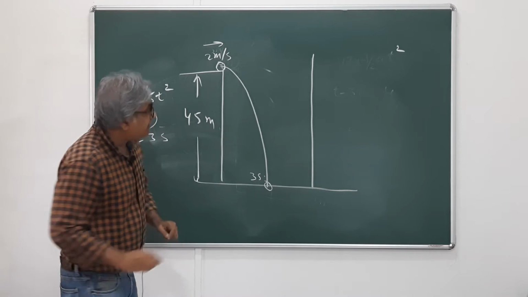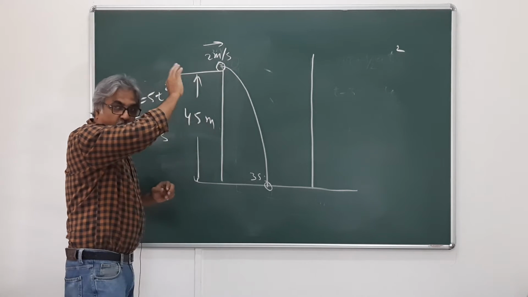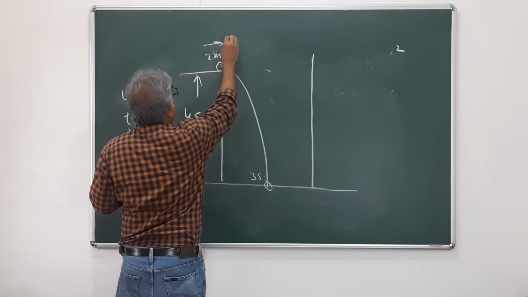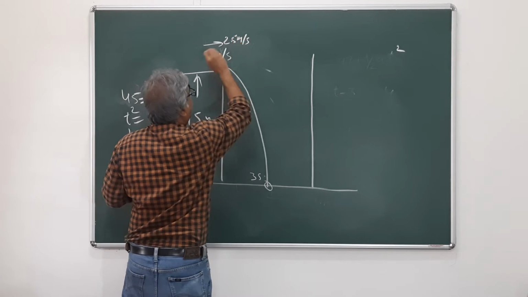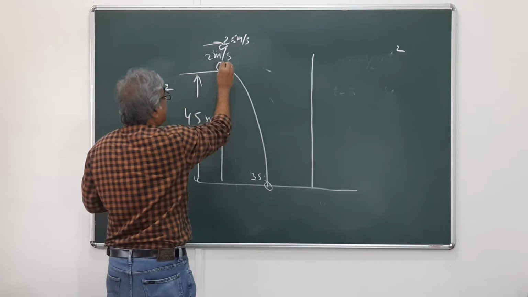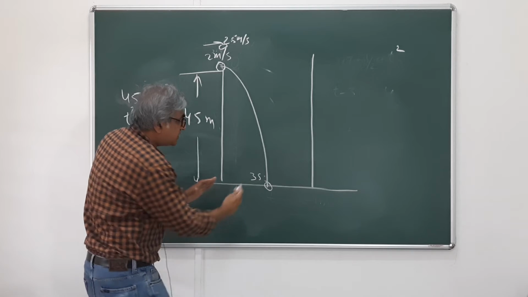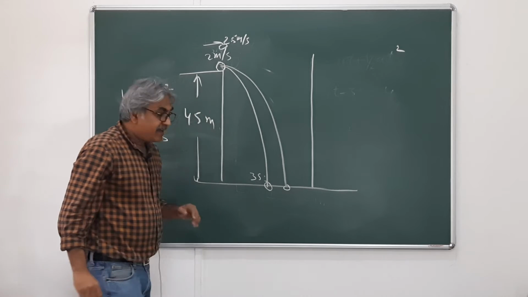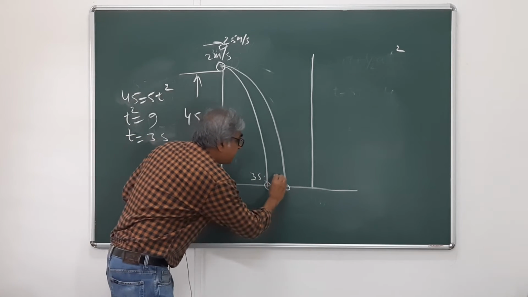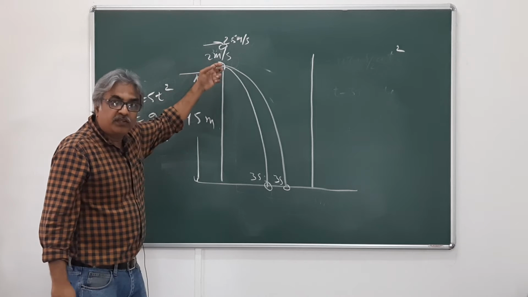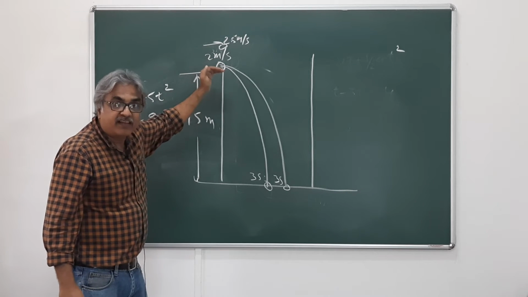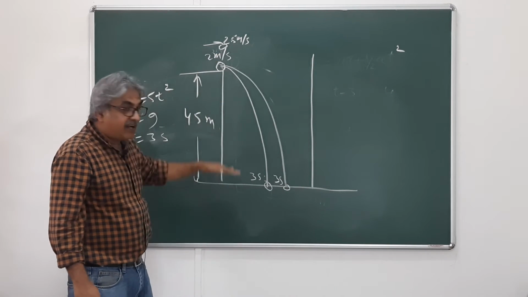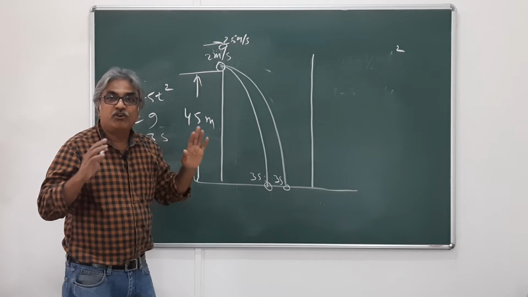Okay, now let's say that we throw a ball with higher velocity. Let's say we throw another ball at 2.5 meters per second. In that case, this ball will reach somewhere here, with higher velocity. But it will also take the same 3 seconds, because it is also thrown from the same level. Its horizontal velocity is different, so it has moved ahead, but for the vertical travel, the time it takes to reach the ground is going to be the same, right?